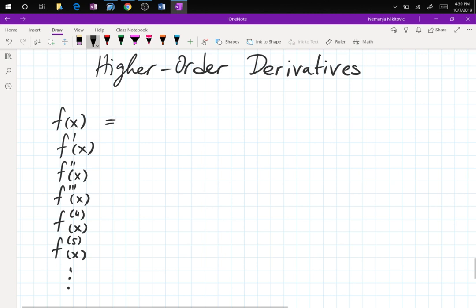So if I have that f of x is, let's say, 3x to the 4th minus 12x squared plus x minus 6, we take the derivative and we get 12x cubed minus 24